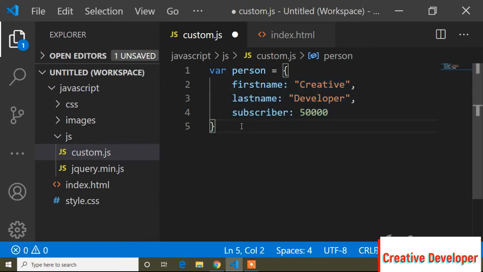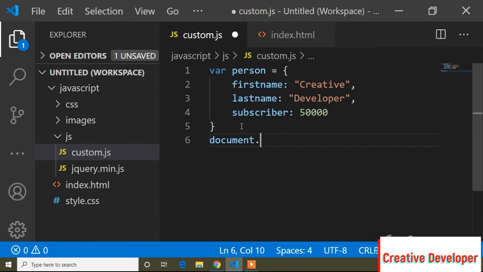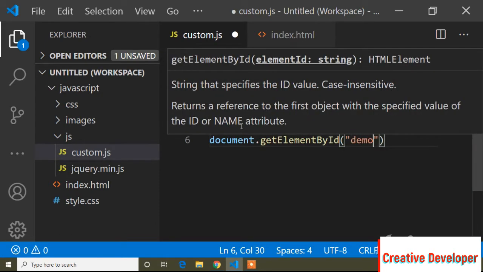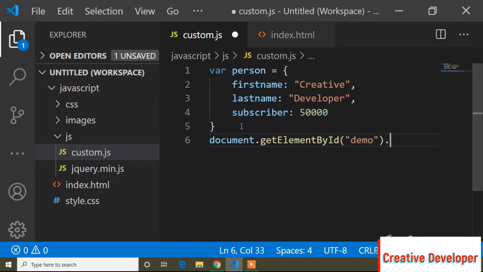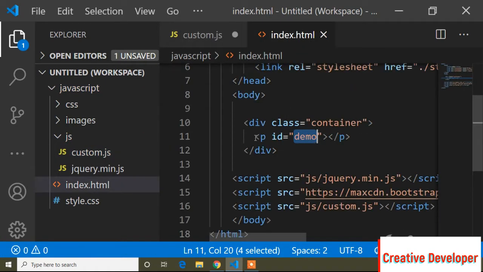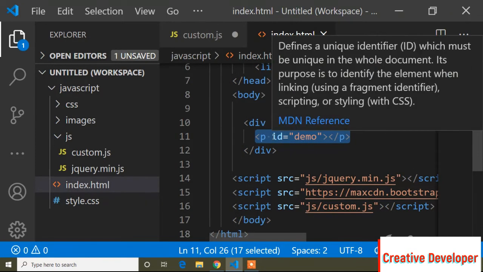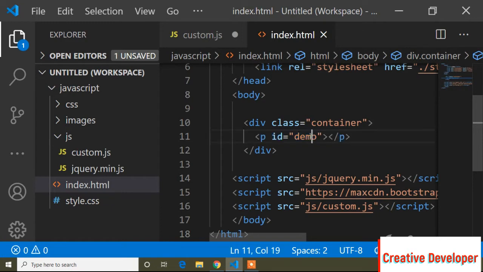And now guys, here is how we can print this value. So the same way, document.getElementById, and our id is demo, and now .innerHTML. I want to print this inside a p tag, so here I have taken an id, and the id name is demo.